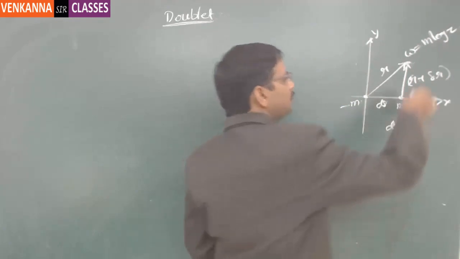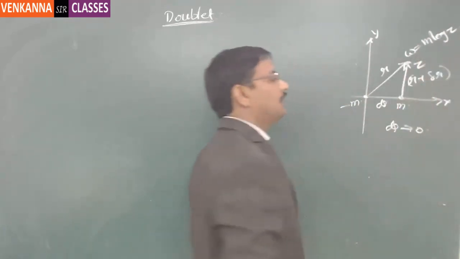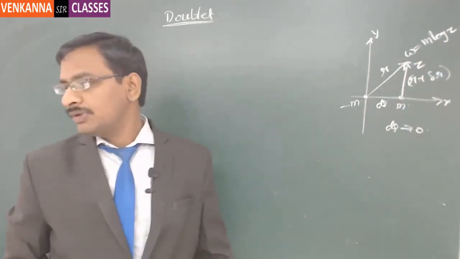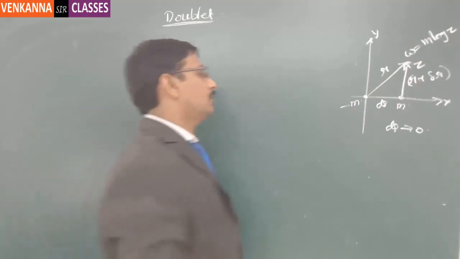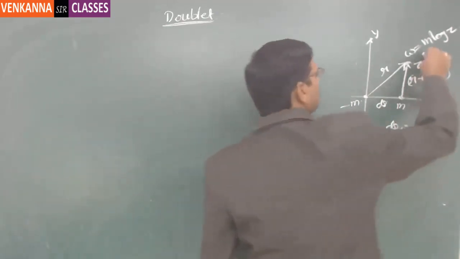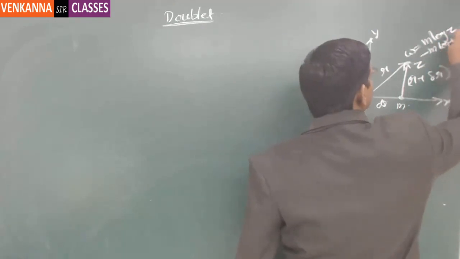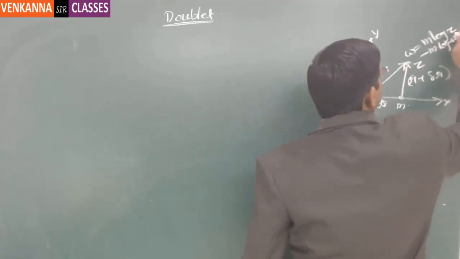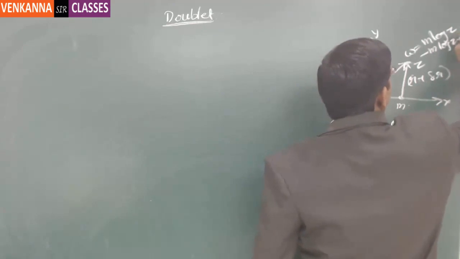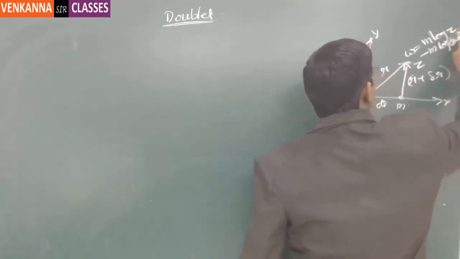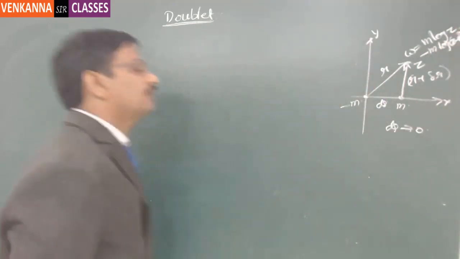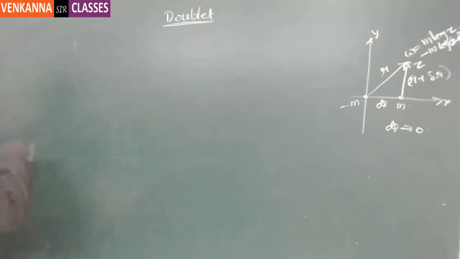So this is the point z where we wanted to identify the complex potential. And because of this source, the complex potential will be minus m log of z plus delta z. So if we separate these two, we will calculate separately